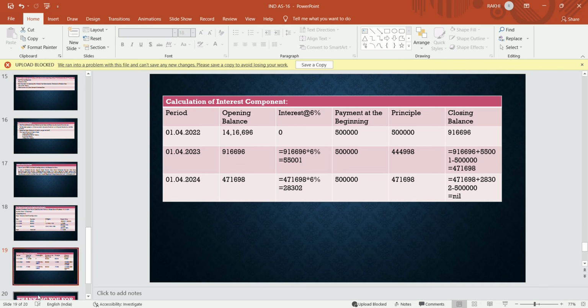So today we have discussed some of the concepts of property, plant and equipment. In the next video also we will continue our topic, because it is not possible to cover it in one video, so we have divided the topic